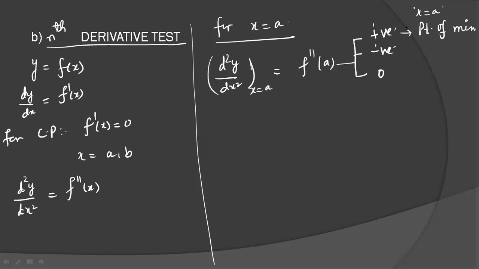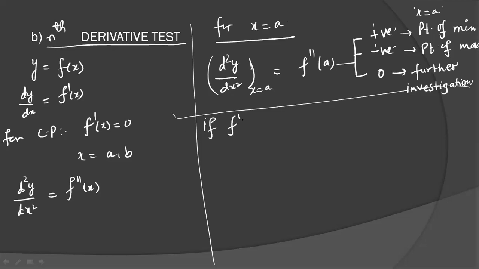How can you see this? From the concavity I discussed in the previous lecture, or by seeing the Taylor series expansion of this function, which I will discuss in the several variable case. If it is negative, this will be the point of maxima, x equal to a. If f double dash is 0, it needs further investigation. How will we further investigate?